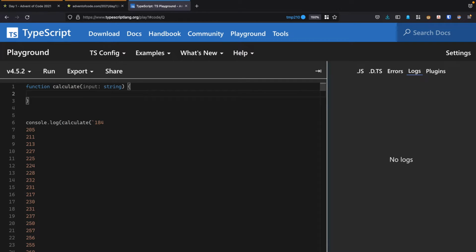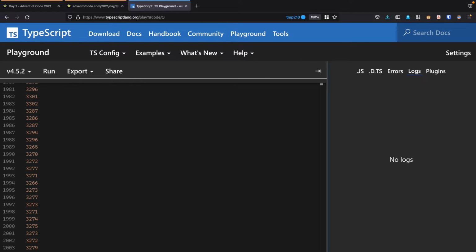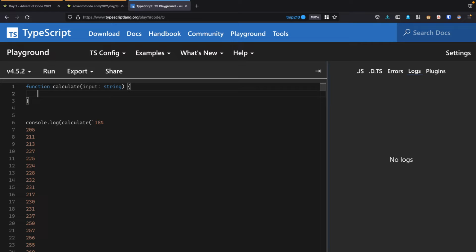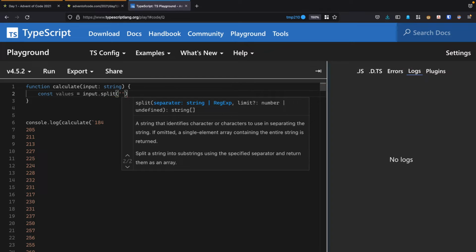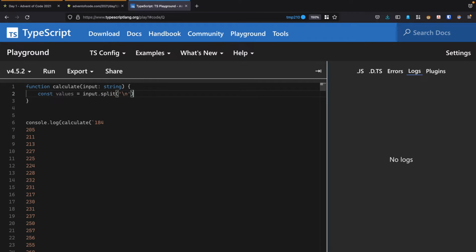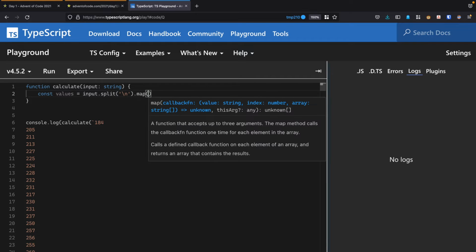So the input is 2000 lines long. That shouldn't be a problem for a decent modern computer, even running JavaScript. So I think this is quite a simple task for us. First we'll need to split the input based on the rows, right? So let's say that we want to have the values. We'll do input.split, and we'll split by a new line to get the rows, and then we'll map the